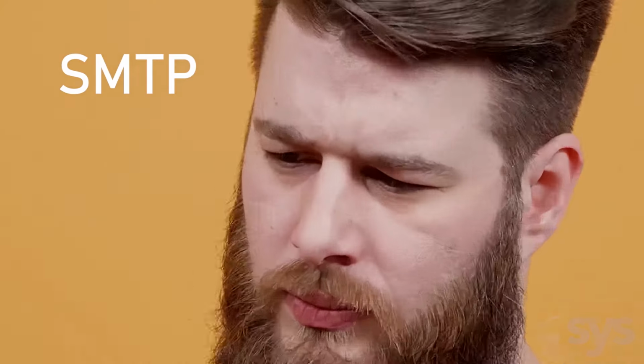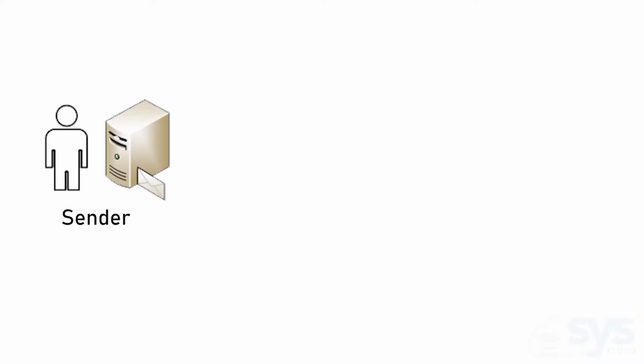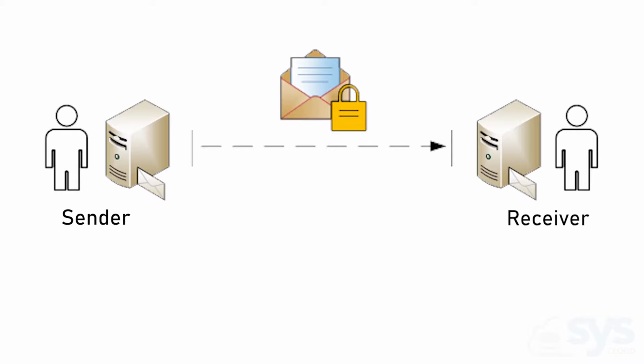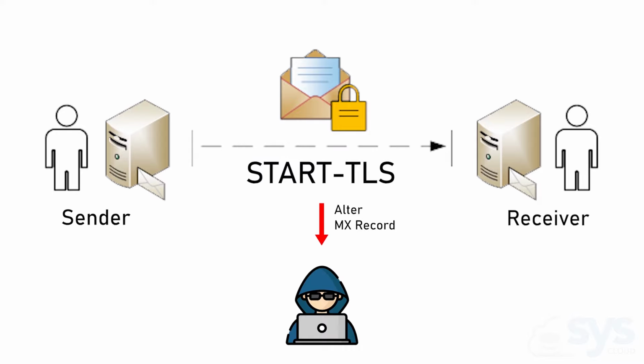If you just rely on SMTP to encrypt your email messages, it just doesn't deliver on the promise. While SMTP encrypts messages, the encryption is first initiated by an unencrypted message, STARTTLS, that attackers can tamper with. One way an attacker can tamper with SMTP encrypted email messages would be by changing the recipient's email server address, the MX record, and redirecting encrypted emails to the attacker's inbox where the emails are unencrypted. Thankfully, this loophole can be plugged.